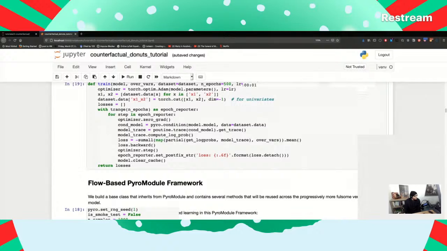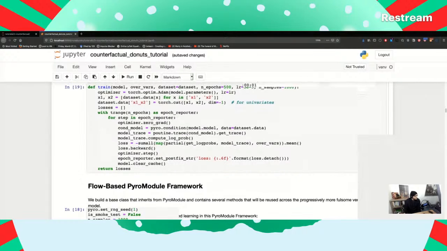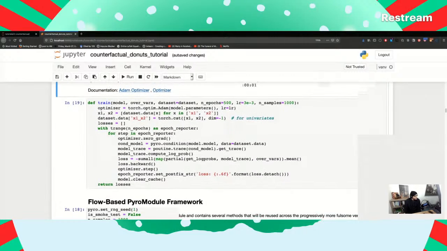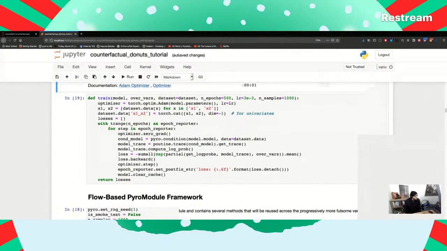And then take the negative for our loss function and then try to minimize the log prob here. So, okay, where our loss functions, we're minimizing. So clearly this is kind of maximum likelihood here. Maximum likelihood of what? The condition model.